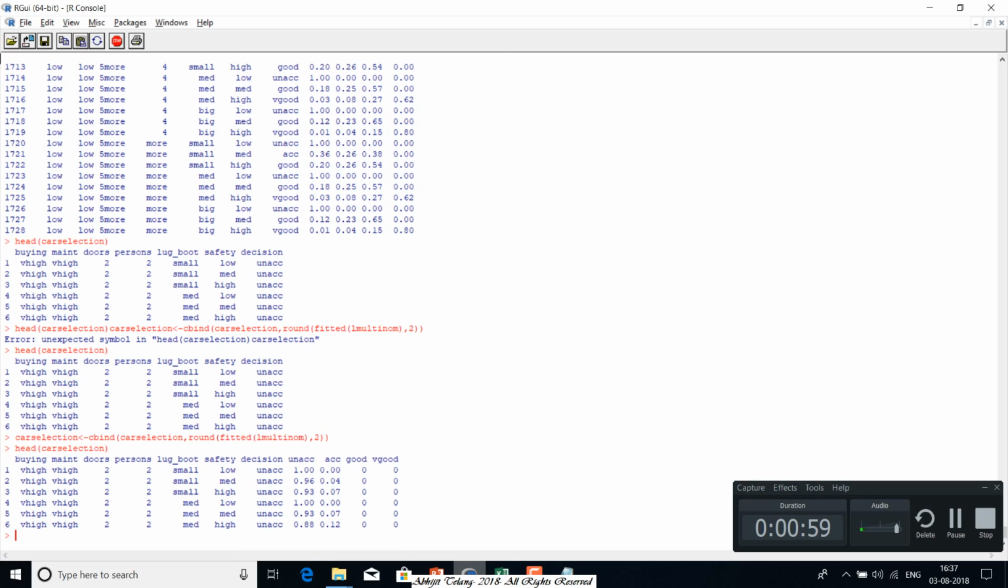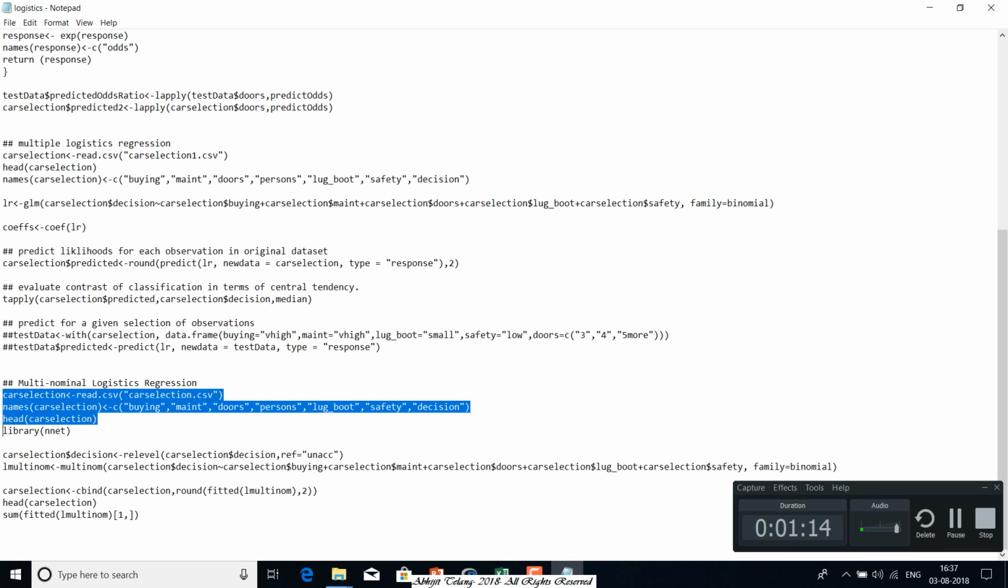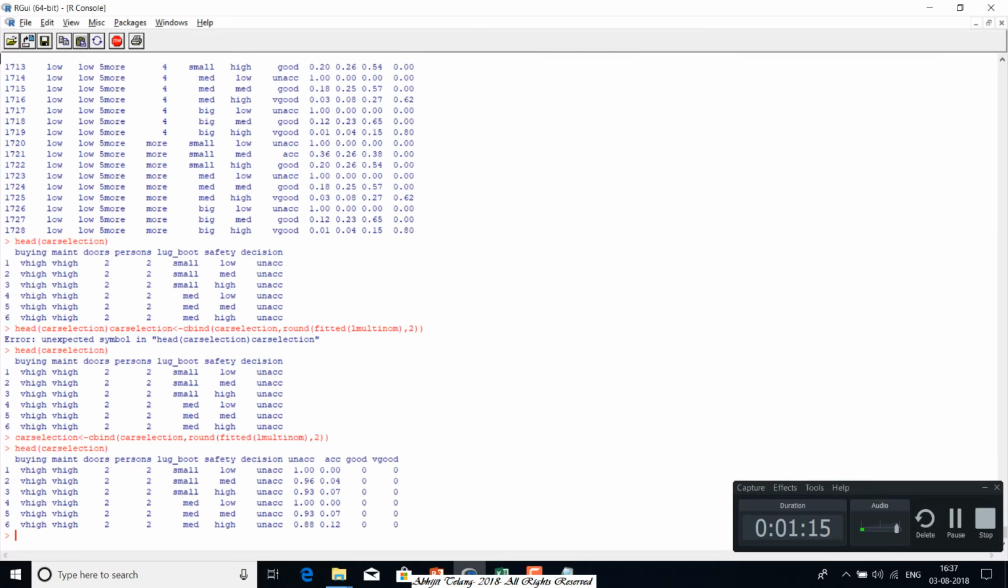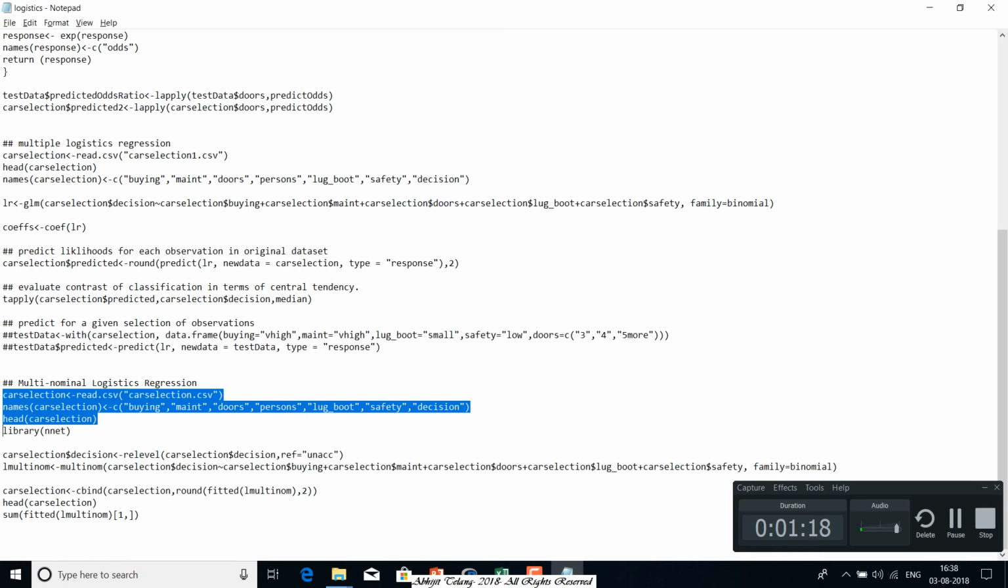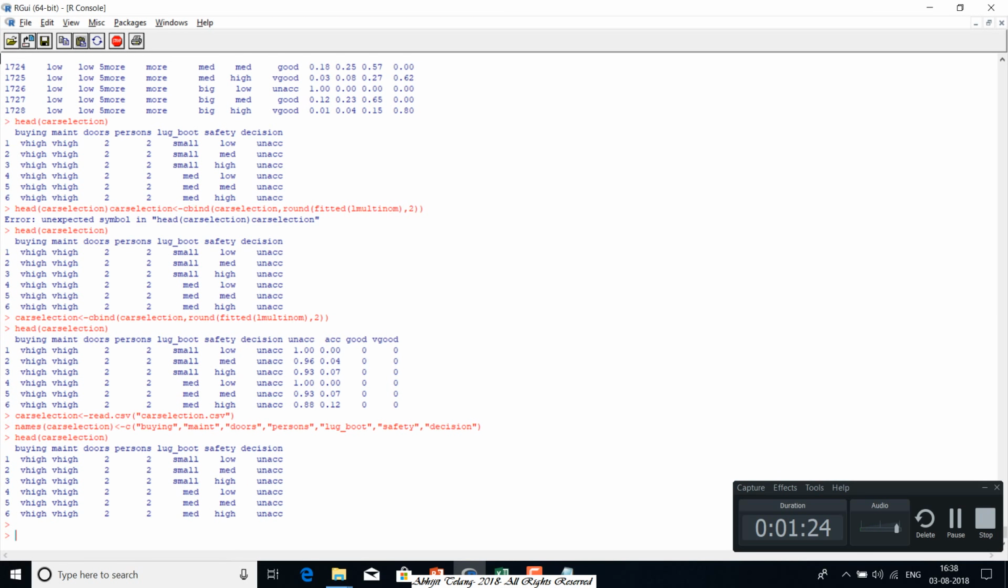The technique for modeling such varieties of decisions is multinomial logistic regression. So we'll quickly look at how to do that. Again, we'll have to read the file and name it, so we'll quickly complete that. And once we do that, we will invoke a function, but before we invoke the function, one important thing